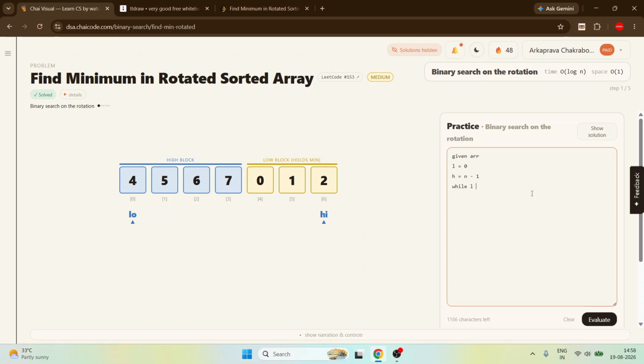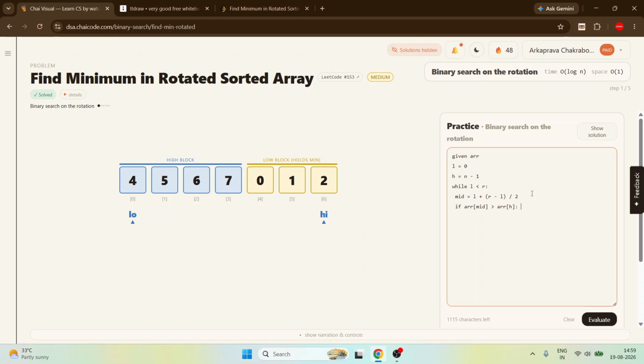So while L is less than R, calculate mid, which is nothing but L plus R minus L by 2. Now simply do if ARR of mid is greater than ARR of high.